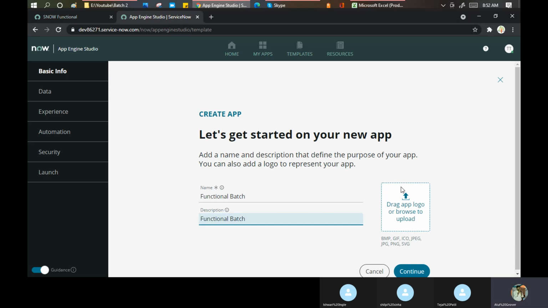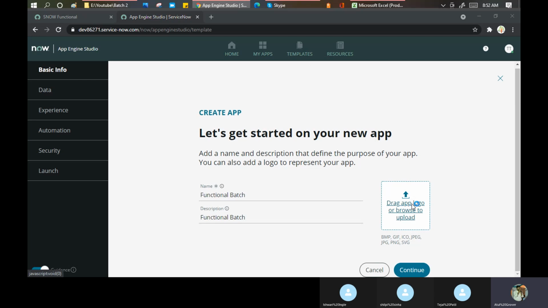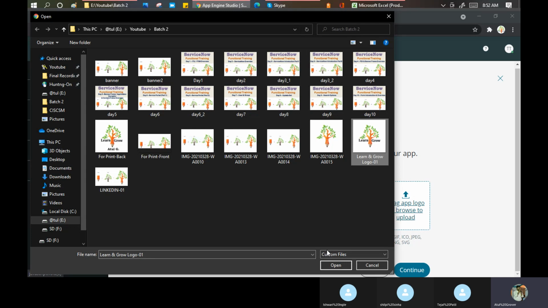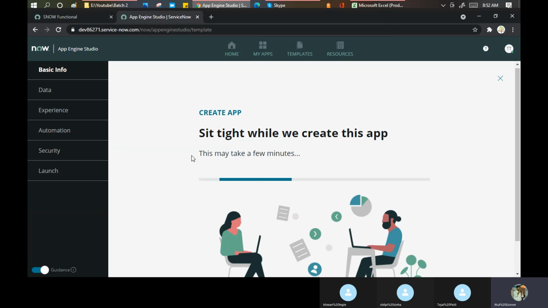You can also put a logo here. If you want, let me put a logo from here. See, it is easy for us to understand now. That is the purpose: ServiceNow is giving us a lot of new functionality here. Okay, continue. You just give a name to your app.